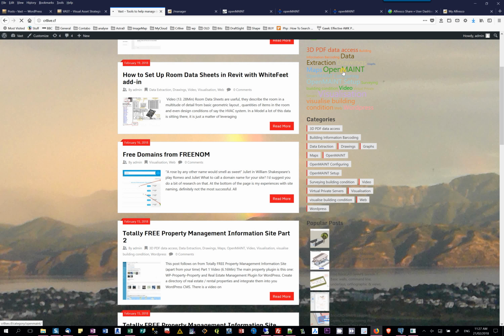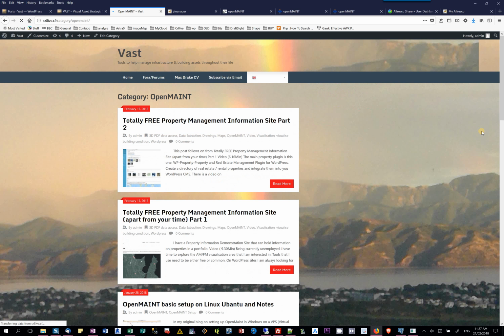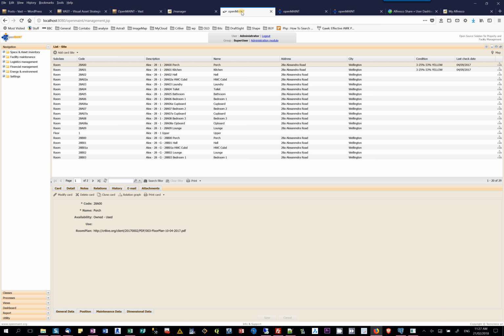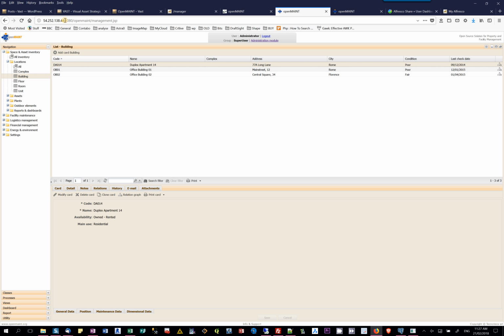So if I just hit on one of those, that'll actually just show the category that you'll be interested in. I'm running two processes at the moment. This one is on a local host, so it's actually running on my computer, so this is where I do some testing on it. And then I actually have one on an Amazon Web Services free server, which I have for a demonstration site. So, just jumping straight into the program,